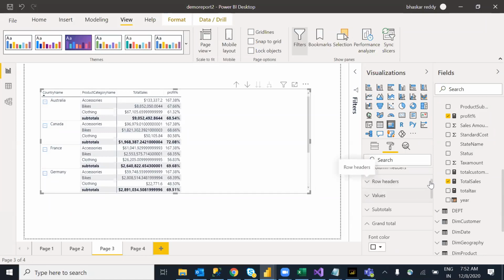In the column headers or row level headers, we have a property we need to turn on, and only then will the grand totals come. Let me show you.